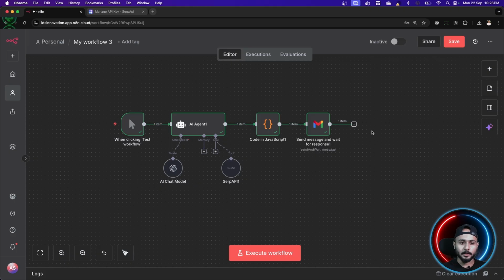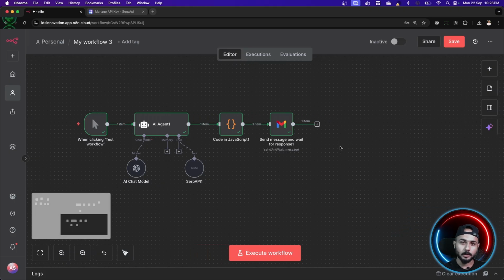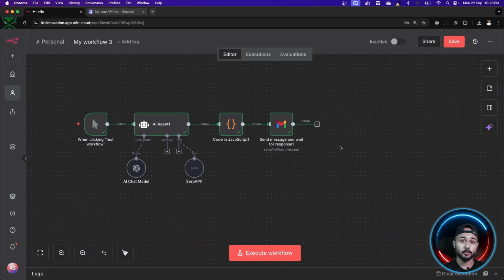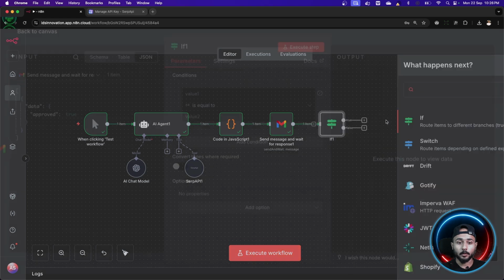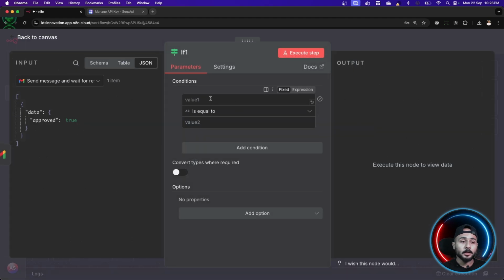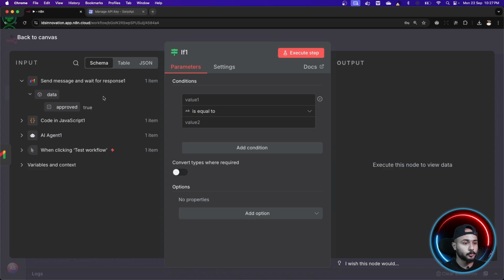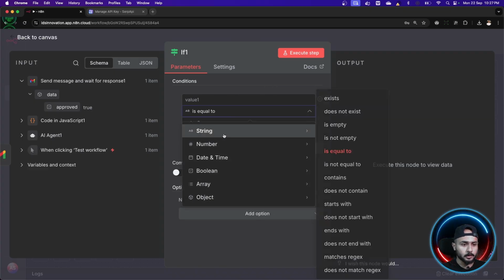Okay, so this is fun, right? Now the next step is to check the condition if this is true or false. So as the name suggests, we're going to use the if node. Okay, so let me just call the if node, and it's very simple, guys. Let's just go to schema again. I'm just talking about the view here, and it should be in boolean.